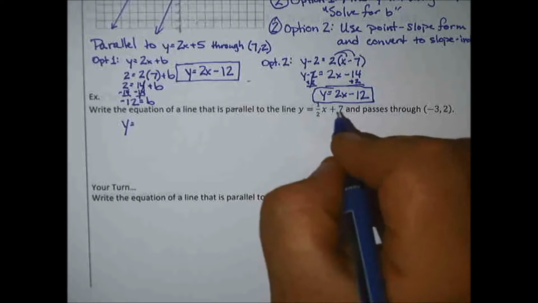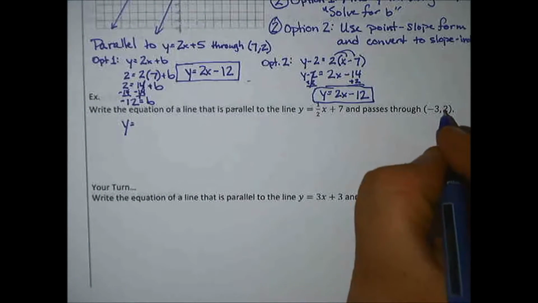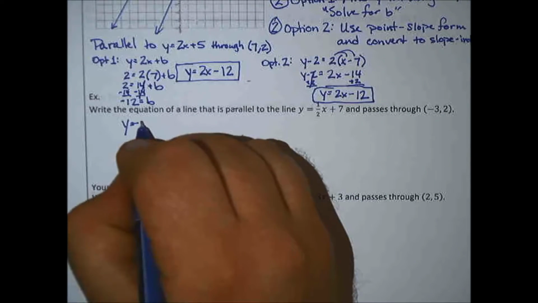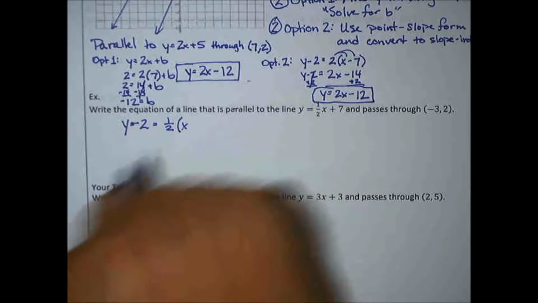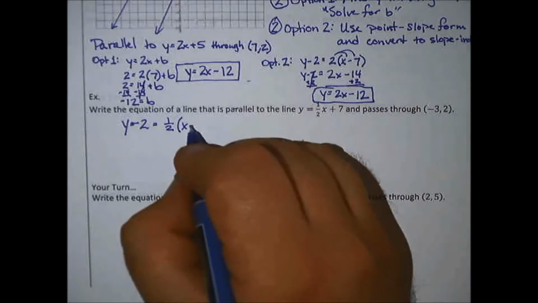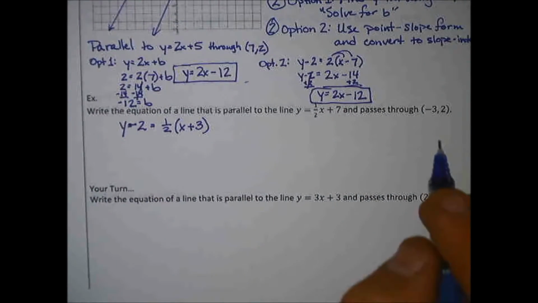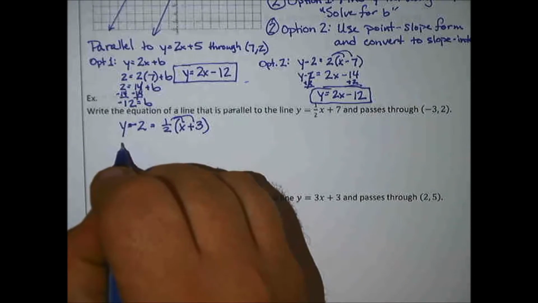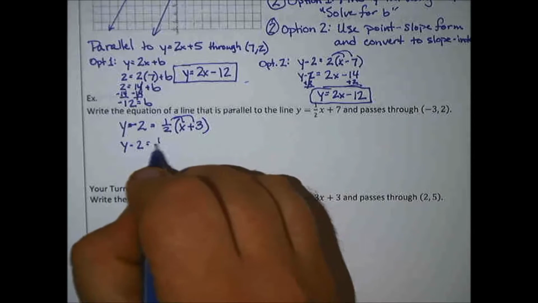I know my slope is 1/2. Okay, well, I need to use option 2, so I better not write y equals. I have y minus the y coordinate, so y minus 2 equals 1/2, parentheses x minus the x coordinate. So minus negative 3 would turn into a plus 3. All right. Now I'm just going to simplify. Bam, bam. So y minus 2 equals 1/2 x